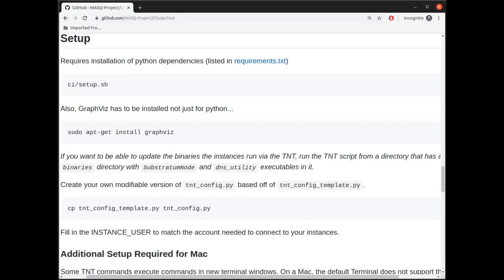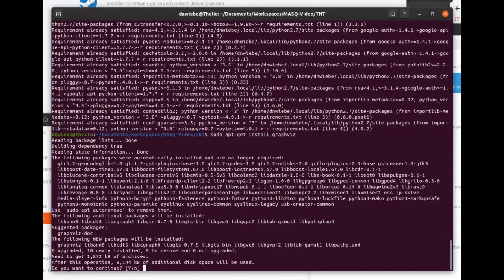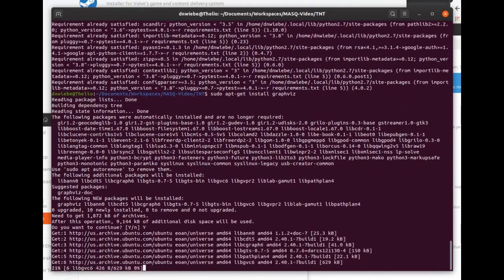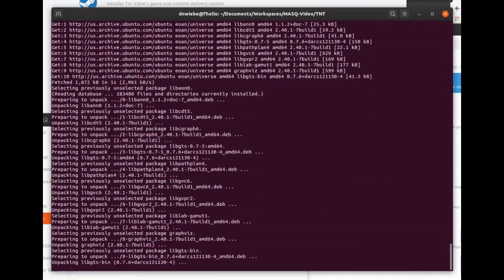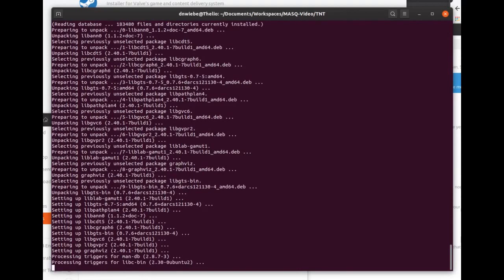So let's go do that. And there's GraphViz. Cool. Let's go look at the next step.